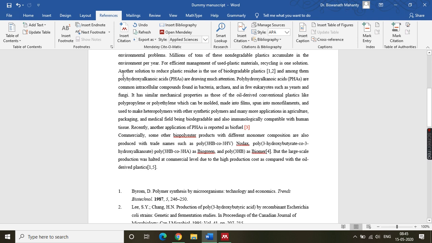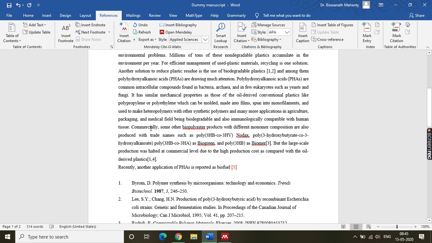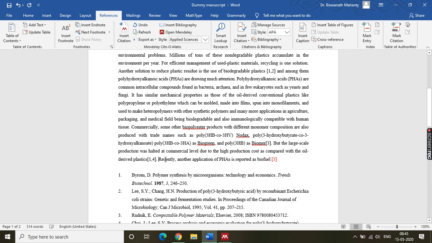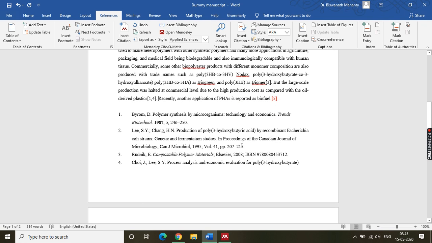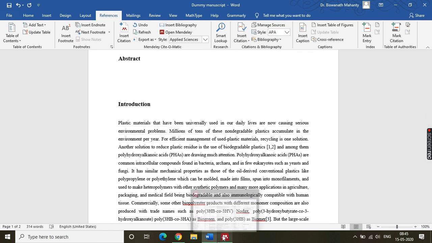Or if for example this part of the text you want to put below that, for example I'm just taking this part and putting it below that. That means this 3 should not be 3, right? It will be something new, it will become 5 probably. So just refresh. You see, it has rearranged the way the citations should be present in your manuscript. So this is the very simple way. If you have noted down how to deal with this scenario, it will be effective to learn how to add your references.